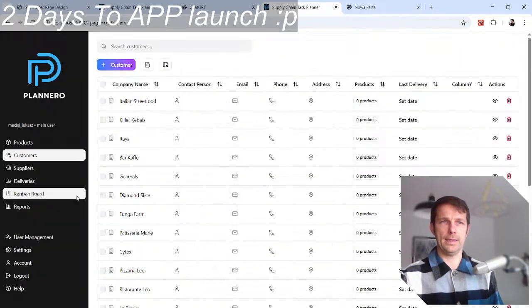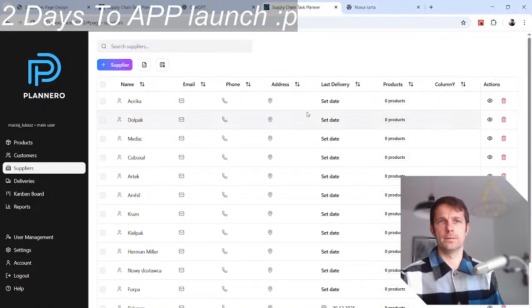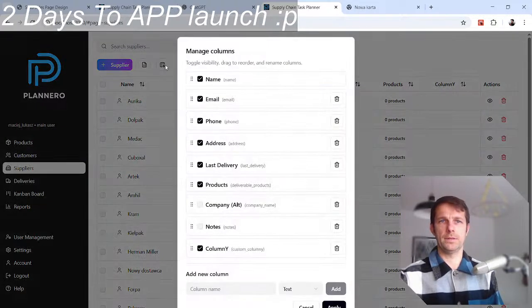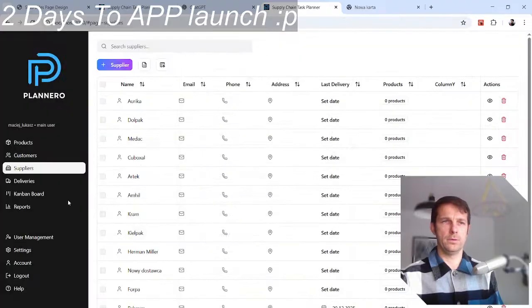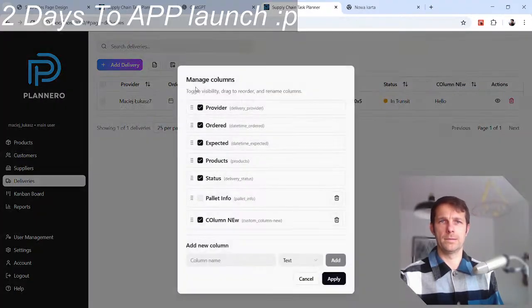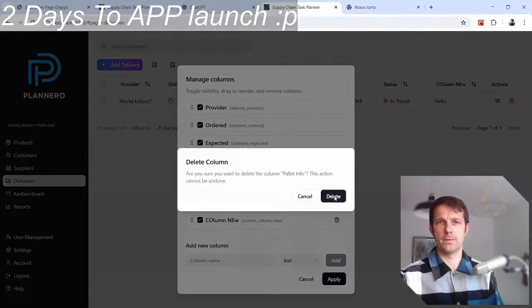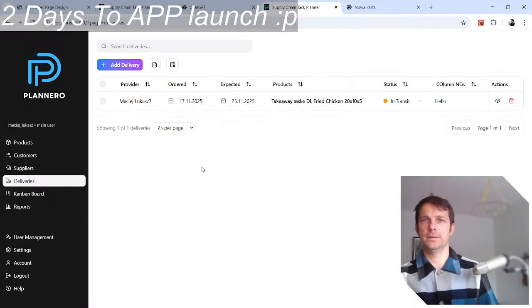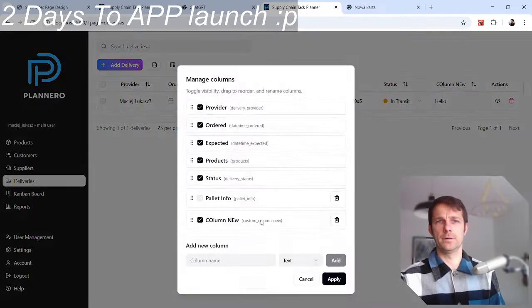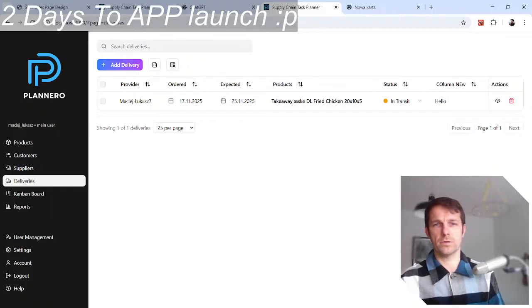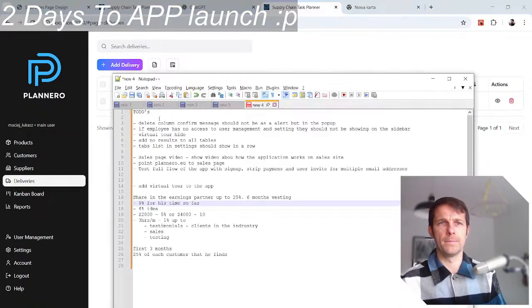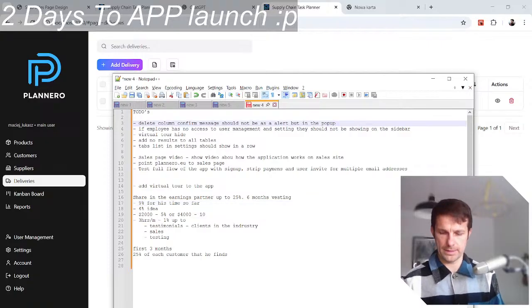Yay. Can we delete here? Woohoo, apply, good. Delete, cancel, and not deleted. Yeah, it's there. Good, perfect. Works like a charm. So the first one is done. Delete column, done.